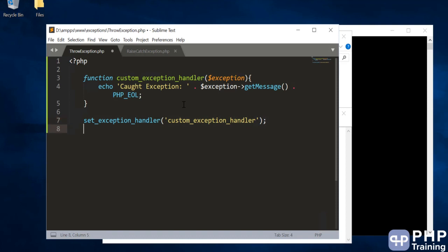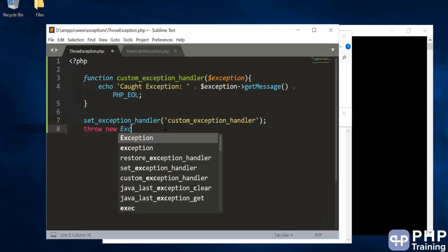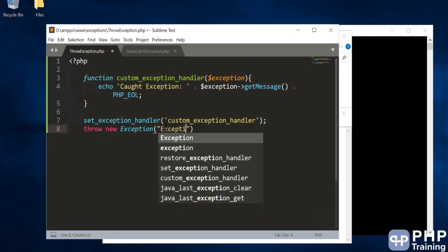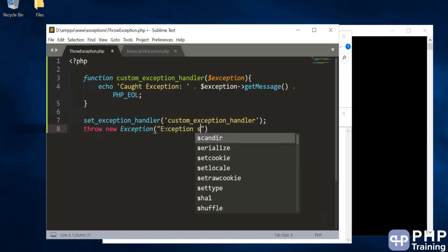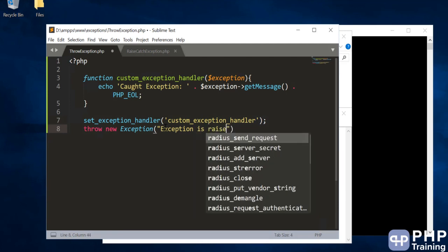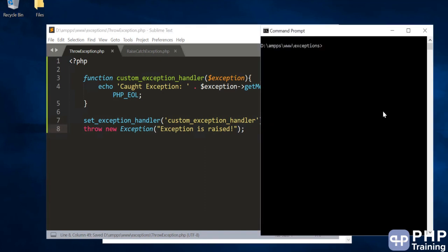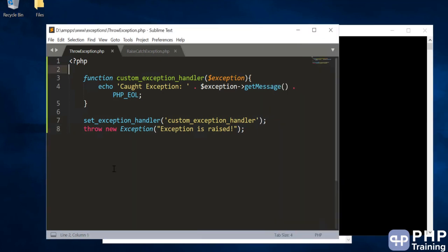And now you can raise an error. Once you raise an error, PHP automatically knows that it should not take the control. It should give that control back to this method. So let's throw an exception: throw new exception, and we'll say exception is raised. Okay, so let's run this, and if you see it here, there is no try, catch